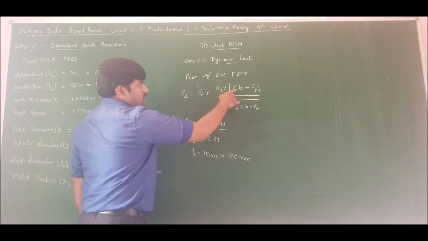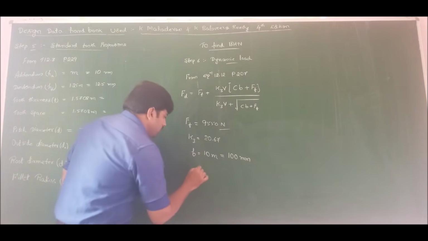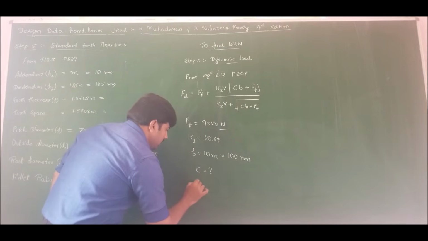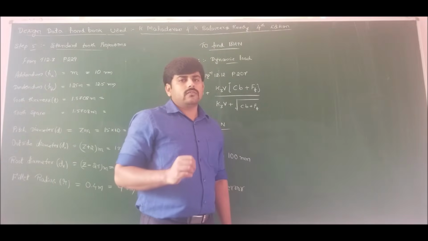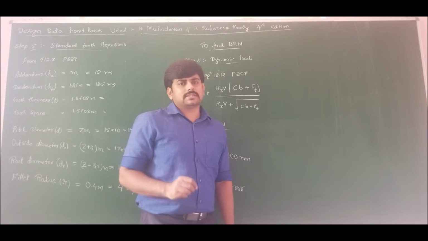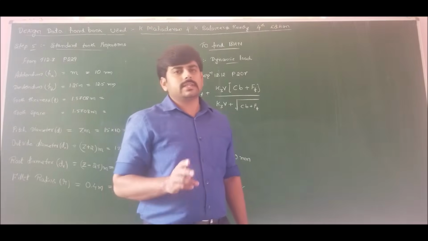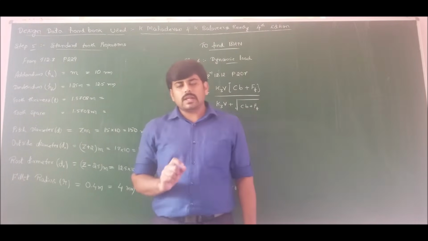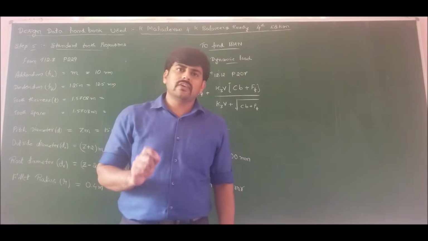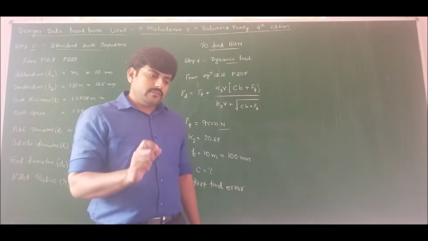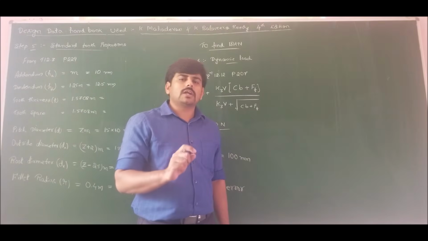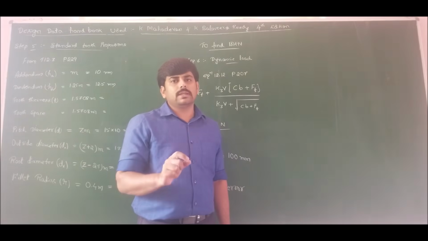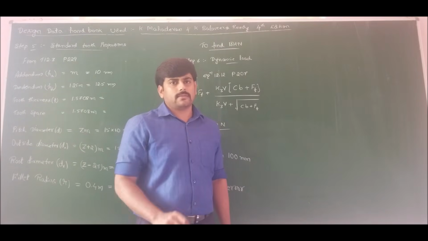Now the only unknown is to find the value of C. To find C, first we should find the error. Now to find the error, we have two tables. One is table number 12.13, the other one is table number 12.14 in page number 237. Table number 12.13 should be used if the class of gear is mentioned. If you read the problem, the class of gear is not mentioned. So therefore, we should go for table number 12.14 in page number 237.